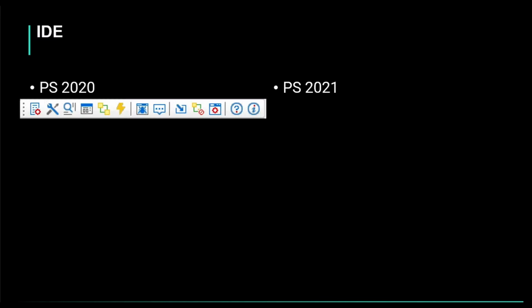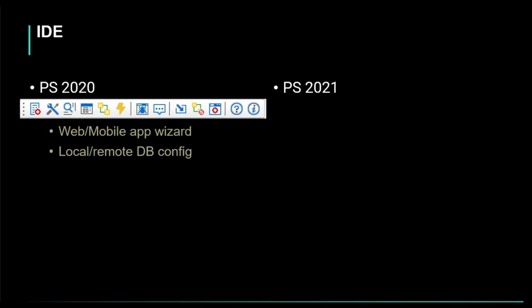In the PowerBuilder IDE, you can configure and manage the entire life cycle of the PowerServer project. In 2020, you have this toolbar, the PowerServer Toolkit, which is a set of tools that enable the entire PowerBuilder to web or PowerBuilder to mobile process to take place within the PowerBuilder IDE. These tools are accessed via a toolbar in the PowerBuilder IDE, which offers, among others, the Web and Mobile Application Config Wizard,